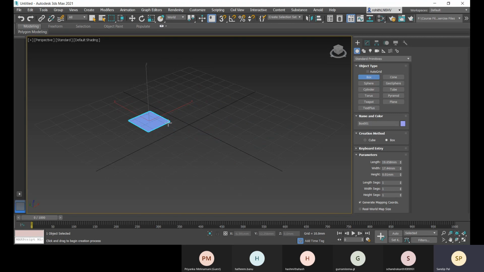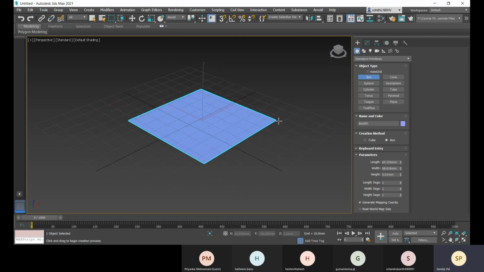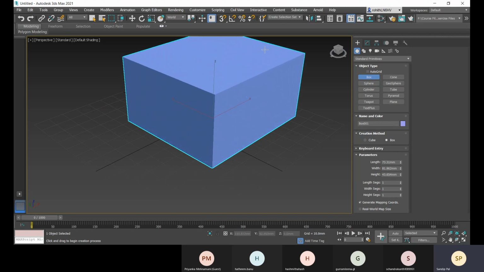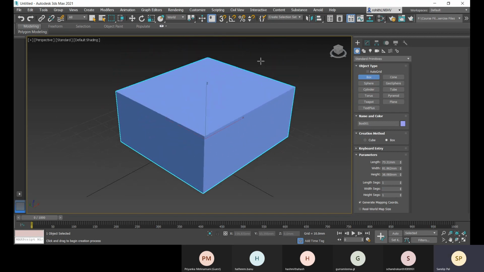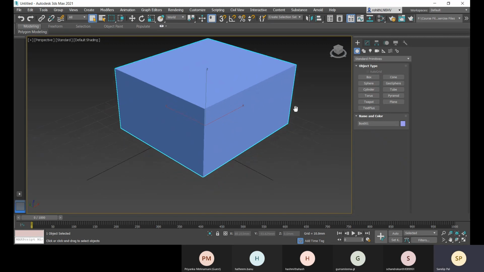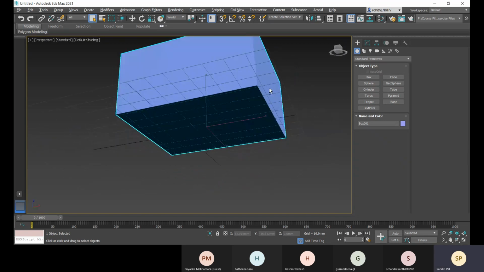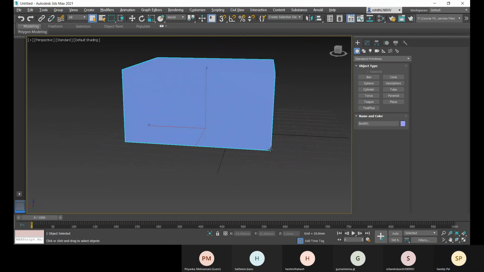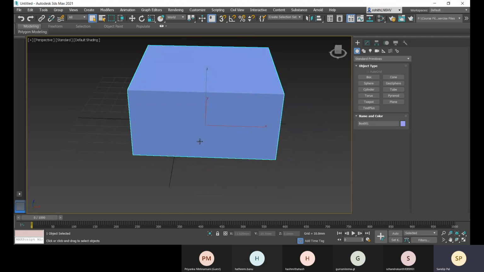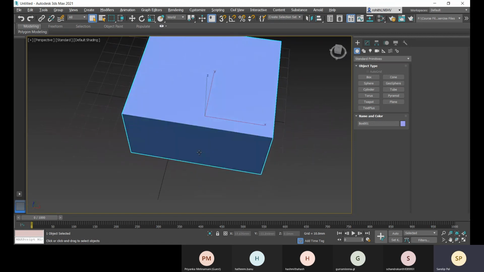Right now you have just created the 2D profile, only the area, and when you place the height, you see that it is at the origin or the center of this model. Okay, at the center of this model.